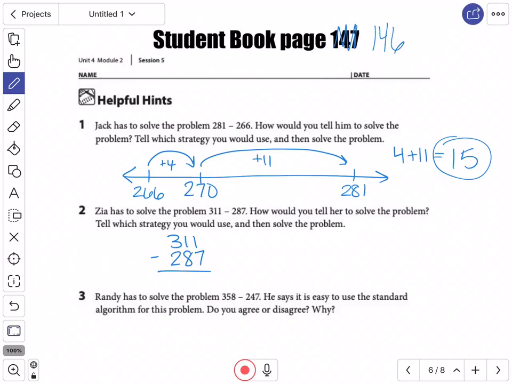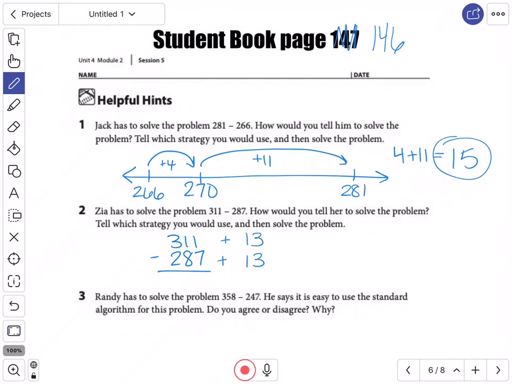that goes on. Kind of like in that game that I was playing a little while ago, there was a lot of regrouping in that too, so I probably should not have done it that way. And the reason why I did that was to show you that sometimes there are so many steps that you take to solve a problem, when if you use one of these strategies instead, you're actually saving yourself a lot of time and a lot of steps, I guess. So what I would do if I were Jack is I would do the constant difference strategy